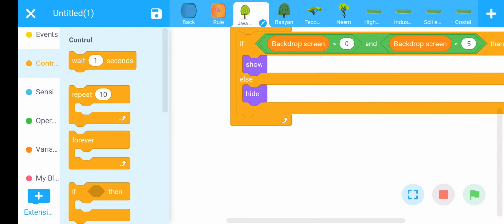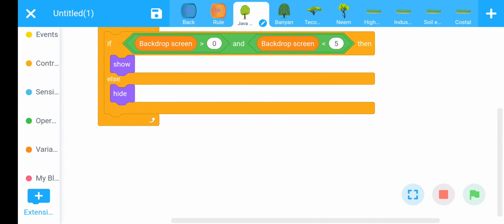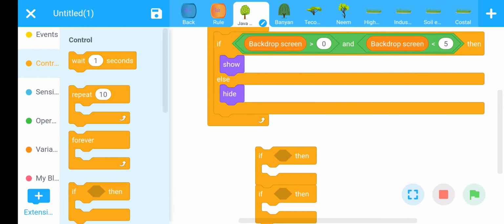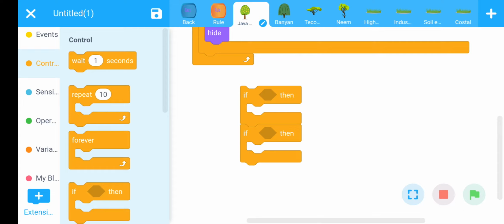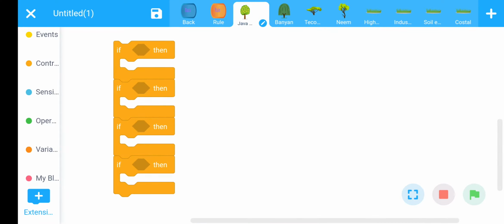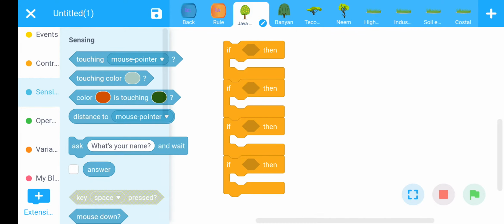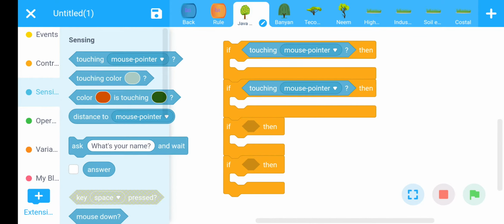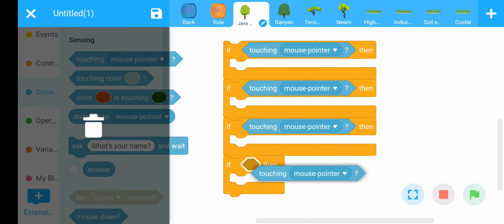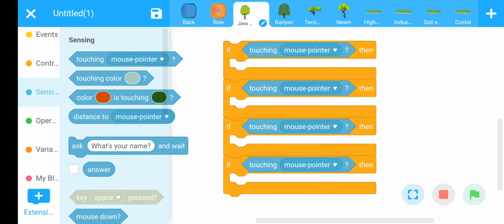Okay, for this we have considered the if then command. Control section, use the if then command, then go to sensor section and use touch command here. Here we make a logic that when Java Plum Tree is touching high wind landscape, industrial, soil erosion and coastal, what should happen?